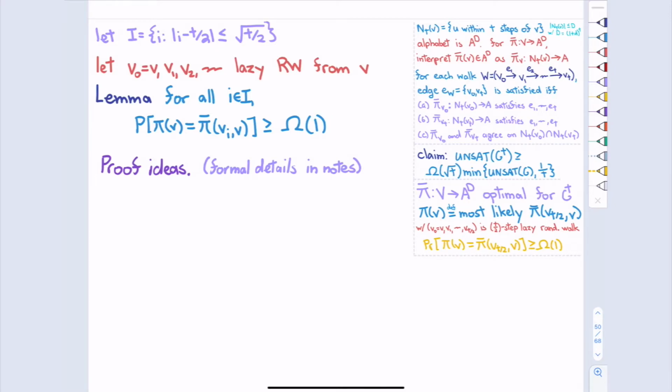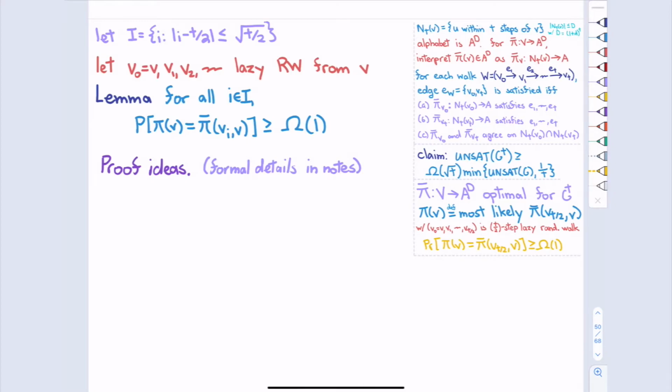That we feel good about, right? So you take T over 2 steps and then you flip one more coin to decide whether or not to take one more step. If you get tails, it was really just a T over 2 step, right? So half the time, it's going to be acting like a T over 2 lazy random walk. There's some correlation between T over 2 and T over 2 plus 1 because that's just one more coin toss.